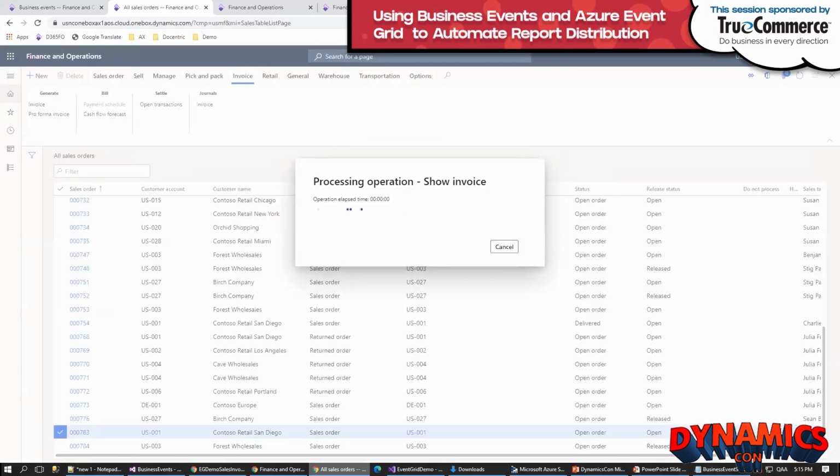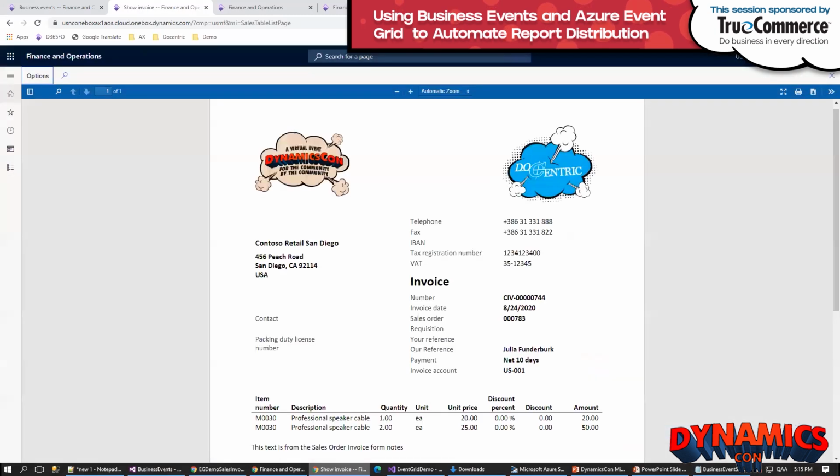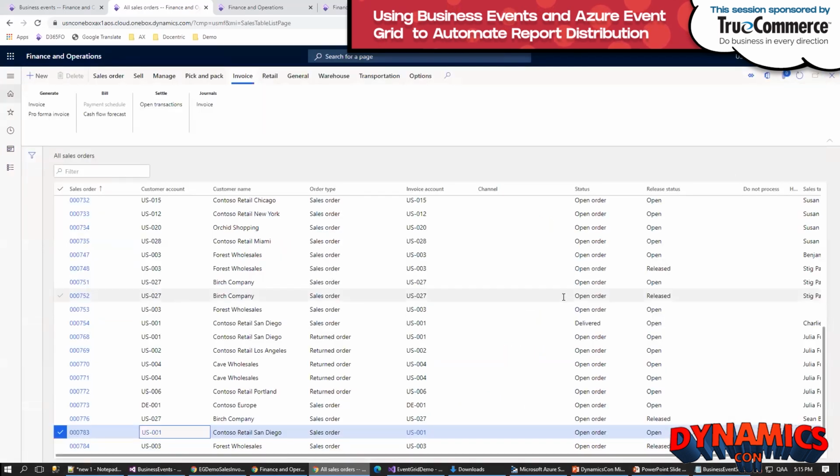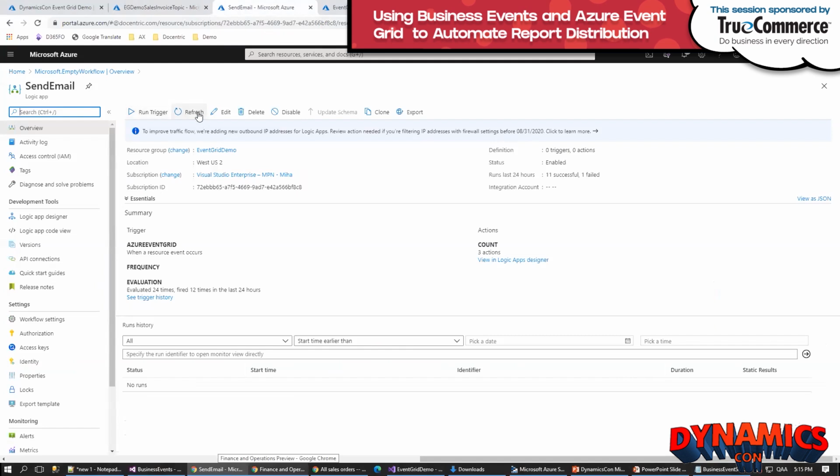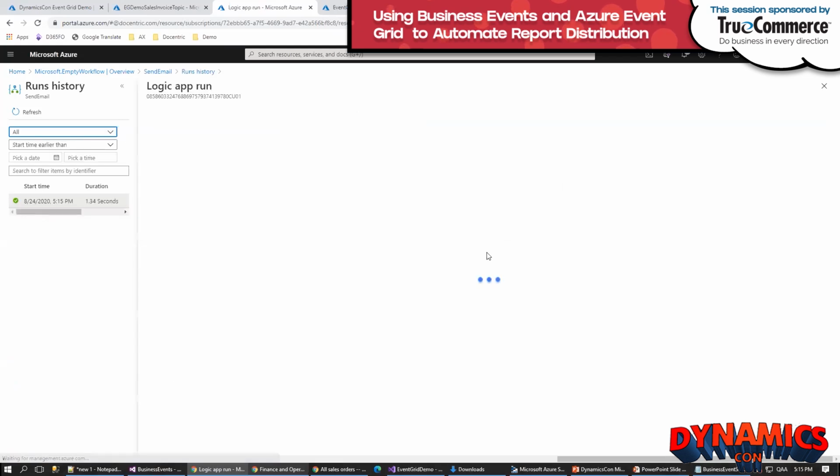And now we are posting a sales invoice. Good. It's our sample sales invoice. And when the sales invoice document has been generated, the business event has been sent to event grid, and the event grid has sent this event to both subscriptions. Let's go to this logic app, refresh it, and we see below 1 execution. And if we click on this execution,